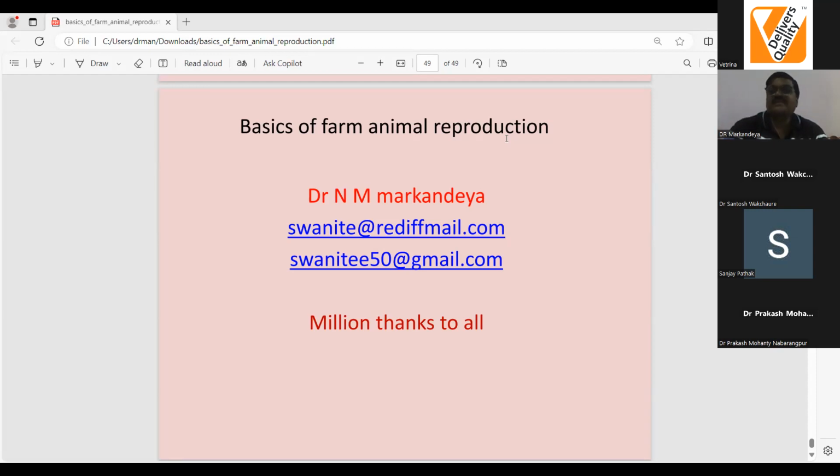An irregular cycle with a duration of less than 21 days is indicative of uterine pathology. When the cycle length is more than 21 days, it indicates pathology of embryonic deaths, embryonic mortality. So accordingly, we can assess this type of estrus. But in any case, if the animal is not cycling regularly, it is not fit for insemination.